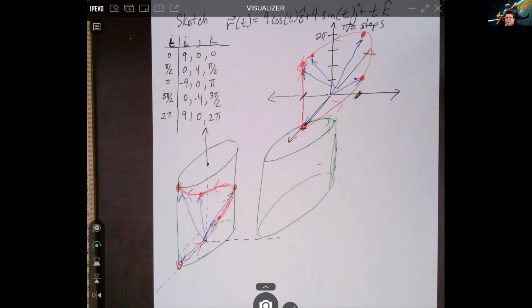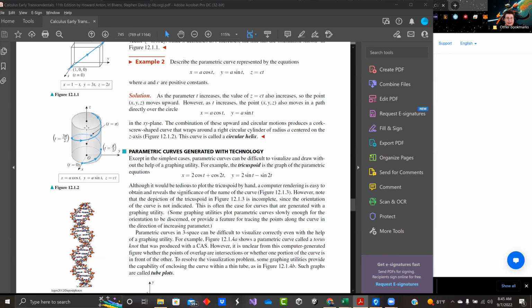Let's see, what else can I throw at you? Any questions? I just looked at what that textbook has. I'm going to change what I'm sharing to show you what that looked like, how bad mine is. That's a circle, not a cylinder, but still, it looks way better, right?